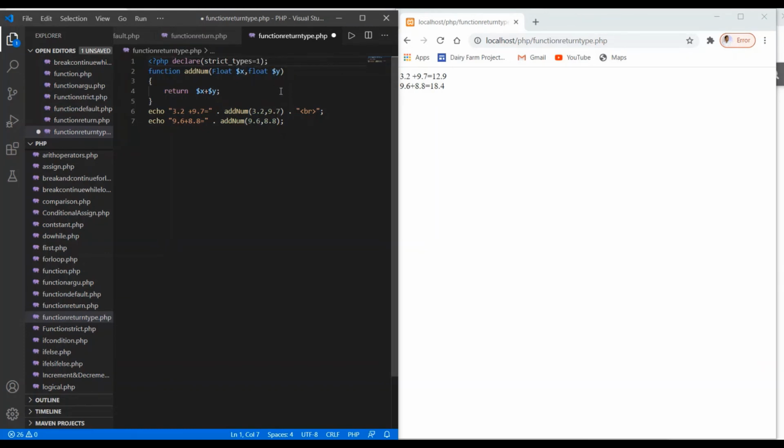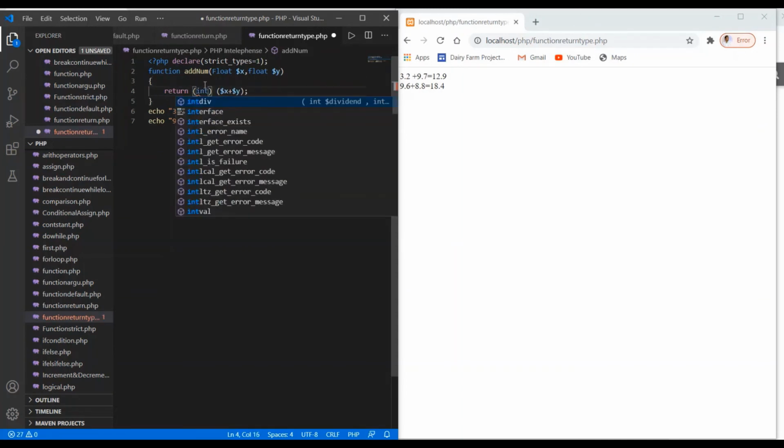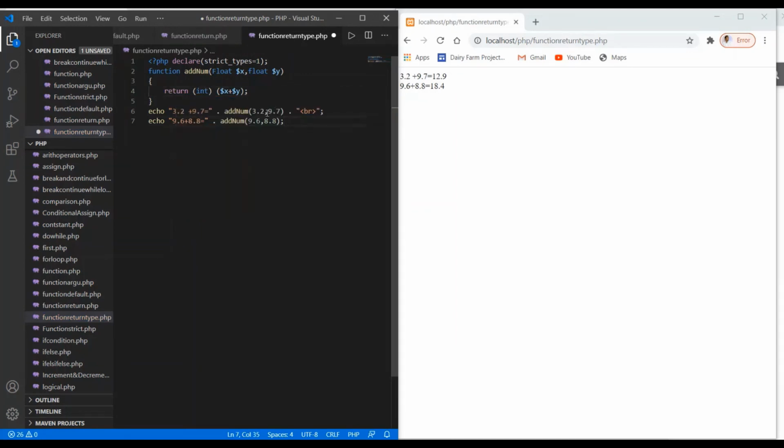This is possible only from version 7 onward, and in between the parentheses I have to give the data type in which we want the result to be returned. Save your changes and refresh again. You will see the difference: you get the result only as an integer, not a float.